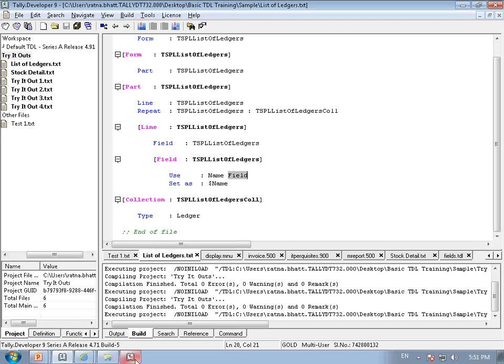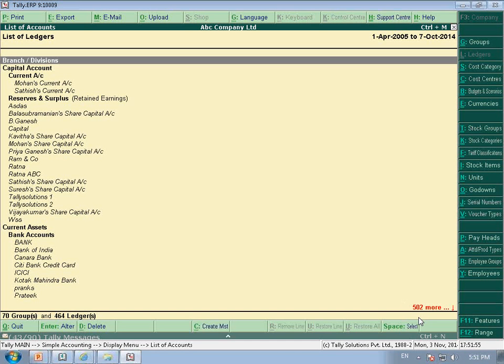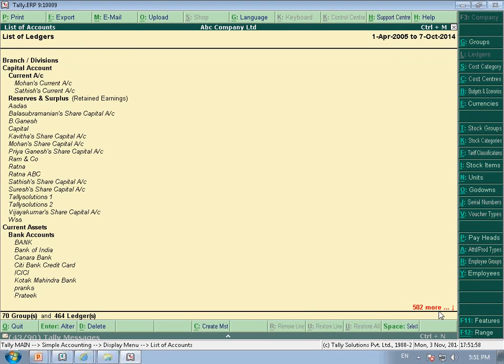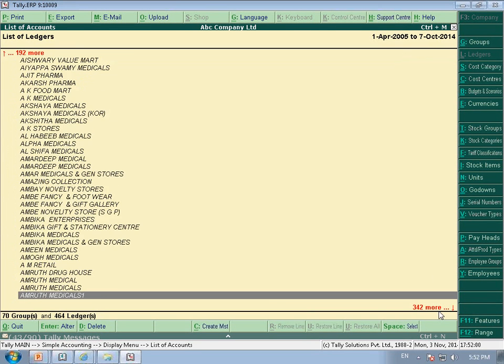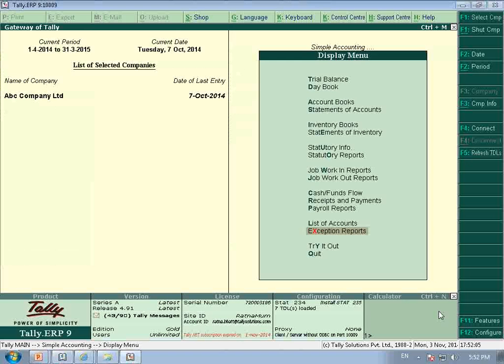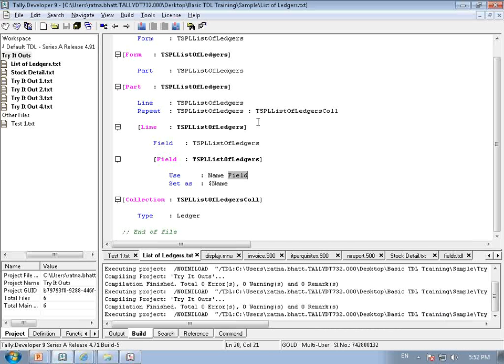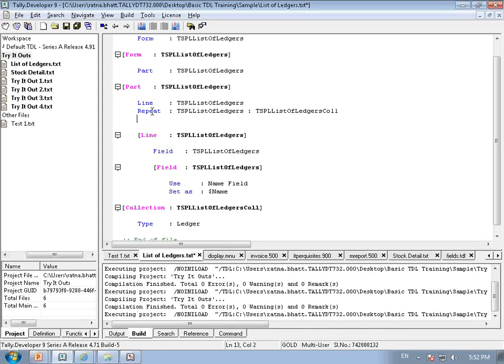There is one feature that generally I see. I go to display list of accounts, and at the bottom it shows something like 502 more. That means I'm allowed to scroll further, correct? But in my report, it doesn't scroll. That's the problem. So where I give repeat, I have to say scroll vertical. Repeat and scroll vertical